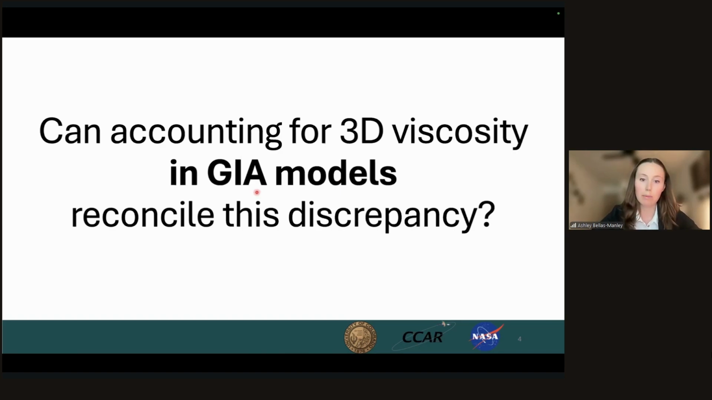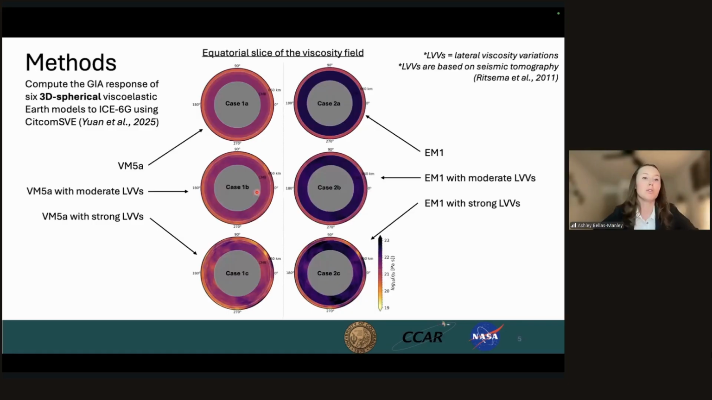Because traditional GIA models consider viscosity that varies in depth only. So we calculate the GIA response of six 3D spherical viscoelastic Earth models to I6G using new software, SITCOM SVE. The viscosity in case 1A is that of VM5A, so it depends on depth only, and it has a weak